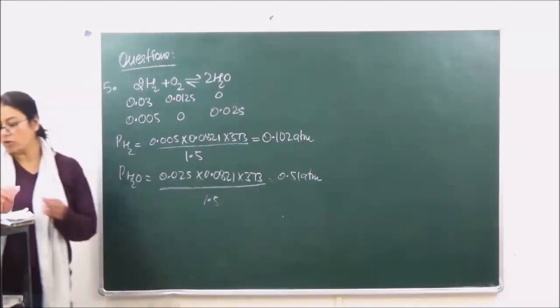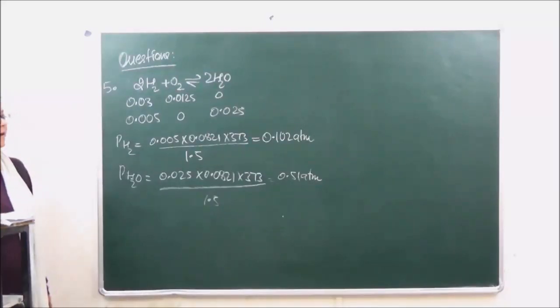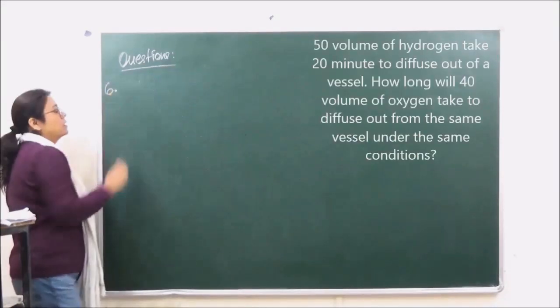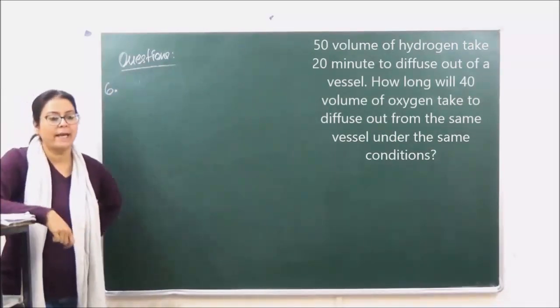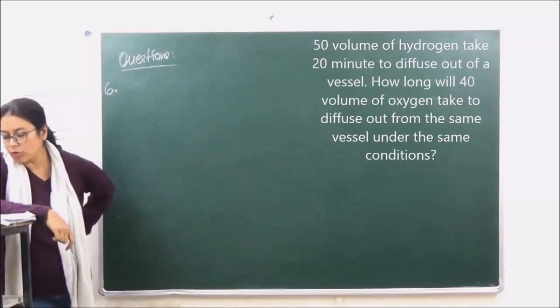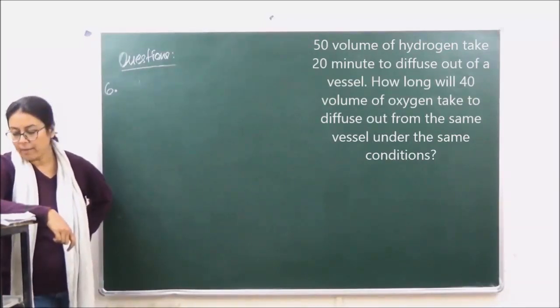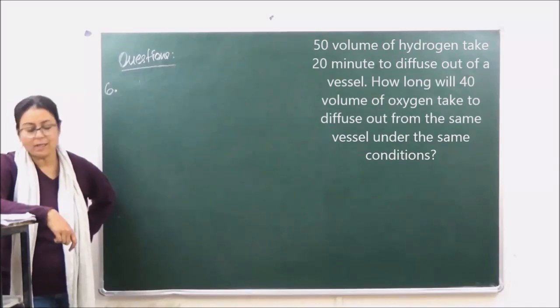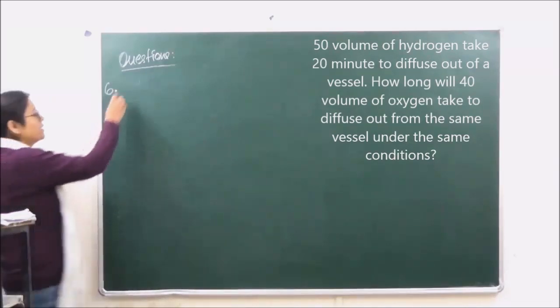Okay, then let's go on to the last question. The last question is on Graham's law of diffusion. The sixth question: 50 volume of hydrogen takes 20 minutes to diffuse out of a vessel. How long will 40 volume of oxygen take to diffuse out from the same vessel under the same conditions? We have discussed that